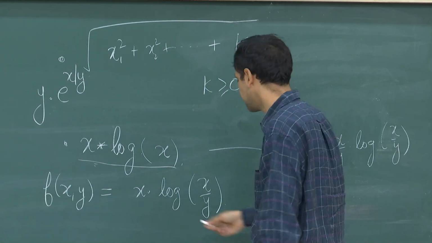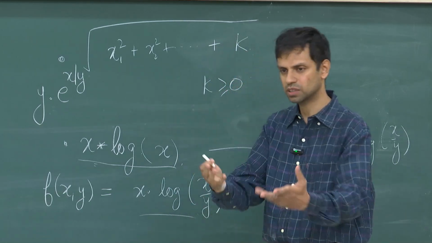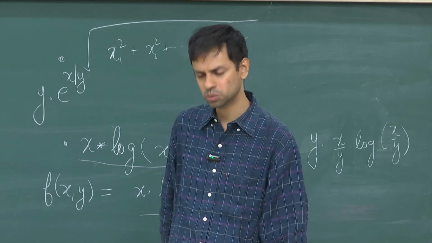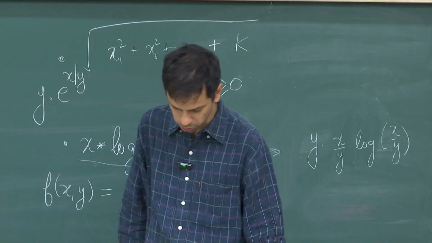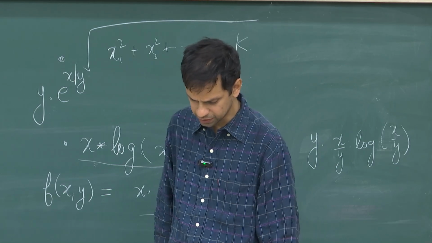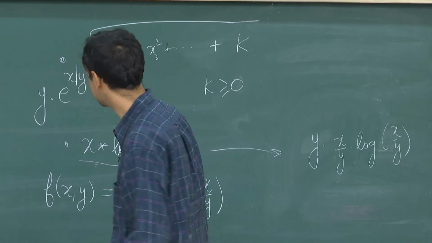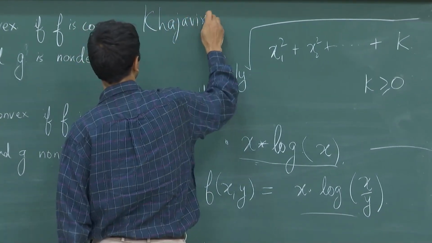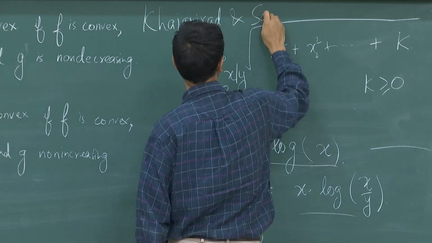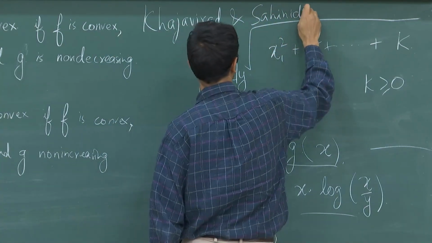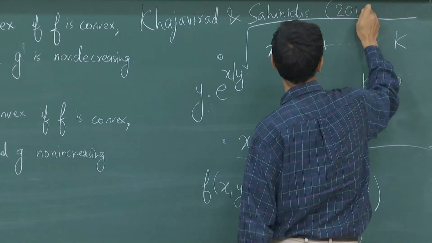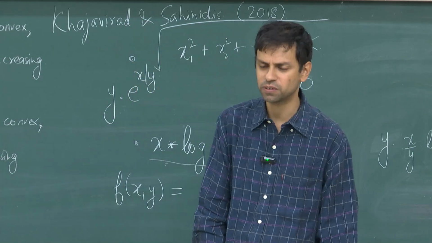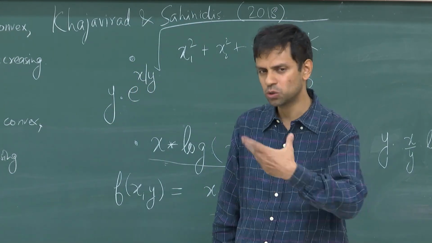Similarly, if you see a term like this, then just straight away, without doing any tests, just mark it as convex. A list of such rules is available in this paper by Khajavirad and Sahinidis, who implemented many of these rules in BARON in 2018, and showed that once you know that many of these functions are convex, a lot of these global optimization